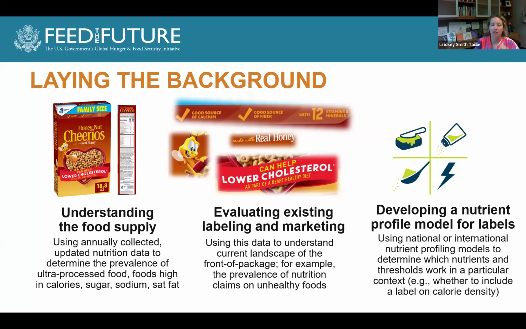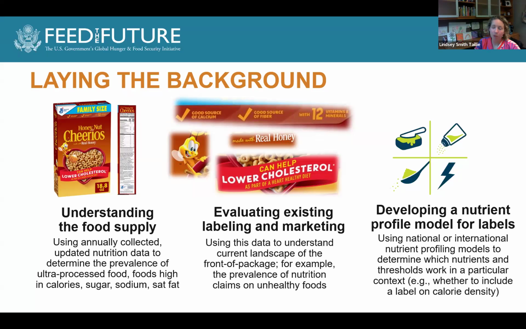The next step of this that's really, really important is establishing a nutrient profile model. And this really applies to almost any policy that I've talked about today. And it really asks the question, what foods would be affected, right? So what products would get a warning label, what products would be subject to getting banned from marketing, what products could be sold in school. And to do that, you have to set a nutrient profile model that indicates which products are eligible versus ineligible.